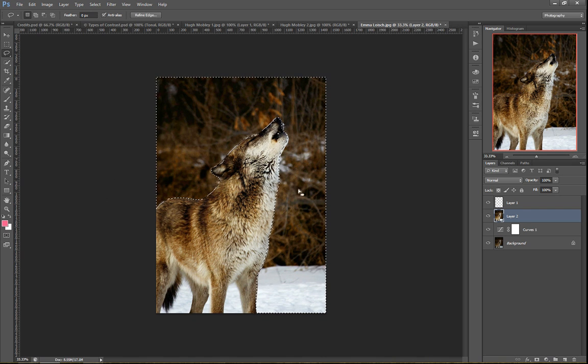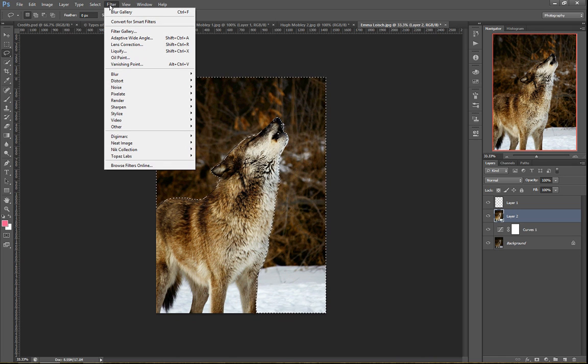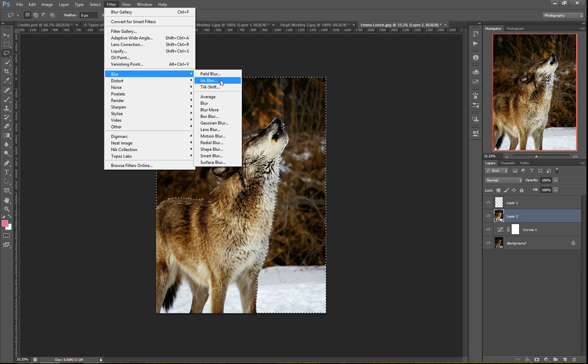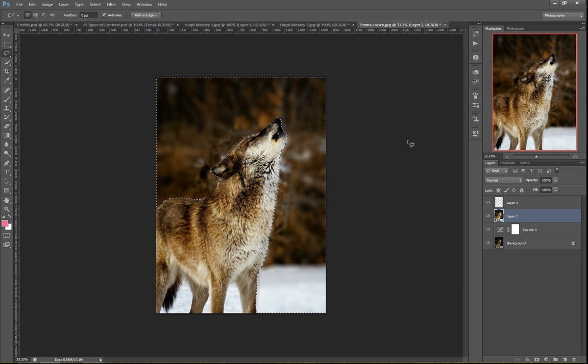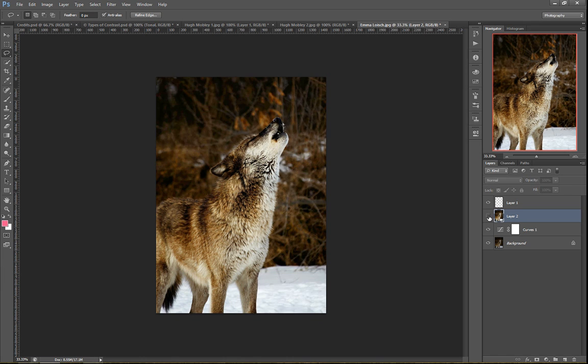Okay, so I'm going to make a selection like that on this duplicated layer, and then I'm going to go up here to Filter, and let's blur out that background a little bit with iris blur, which sort of simulates what depth of field fall off looks like. So let me blur that up a little bit more so you can really get the idea of what this looks like. Pull this in. And let me go ahead and hide that selection. So now you can see, compared to the initial shot, with that background having more of that textural,